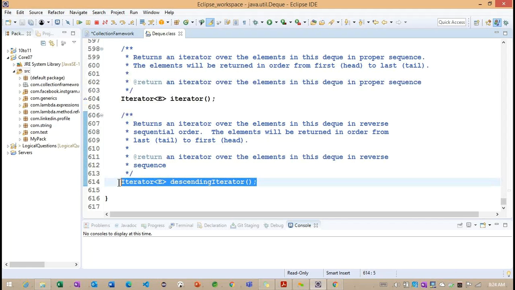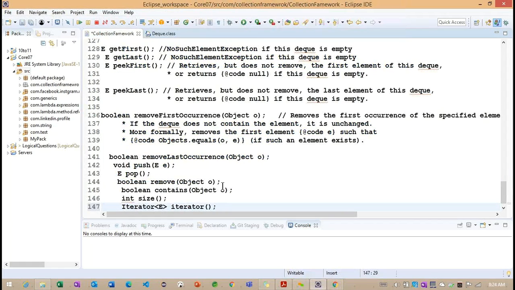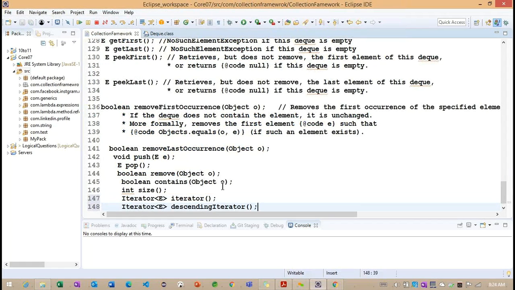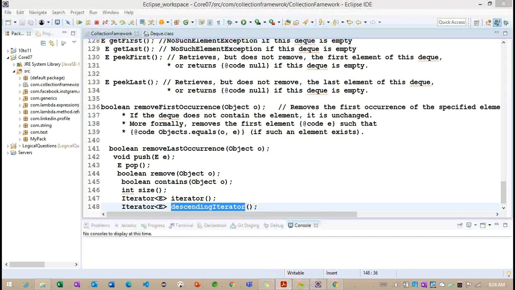Right, now understand descending iterator here. We already identified descending iterator from the sorted set. In the same way, if we want to iterate objects in descending order, we can go for this particular descending iterator. Now you can see how it is implemented here. To find out the descending iterator implementation, first we need to understand the implementation class. Getting the point.